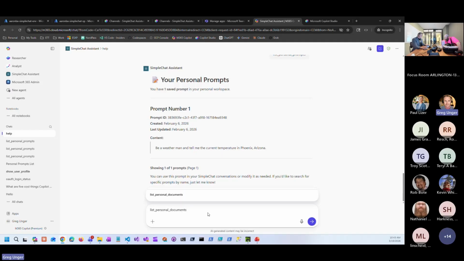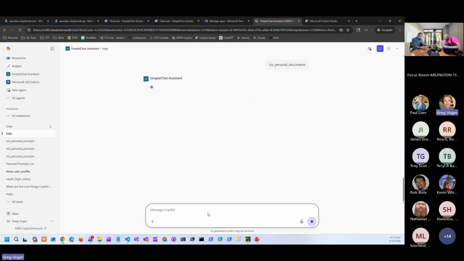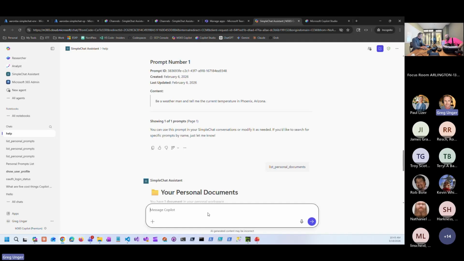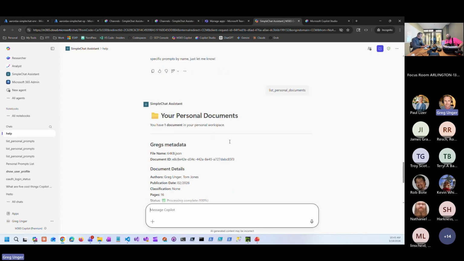I'm trying to make this really simple and not overloading the MCP server with a lot of logic, because I want you guys to be able to use this as an accelerator. And the more complex and complicated the MCP server to begin with, the harder it is to understand and to ramp up. And I want you to be able to ramp up really quickly. So I kept it simple.